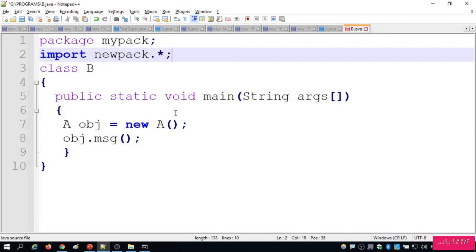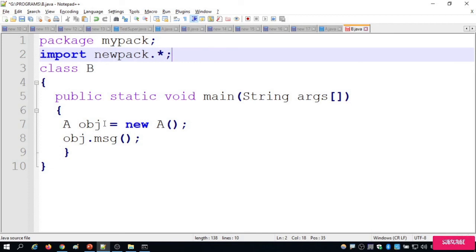Star indicates that every class and interface available in newpack will be imported into your class B. So now the errors will be rectified because class A will be imported into class B.